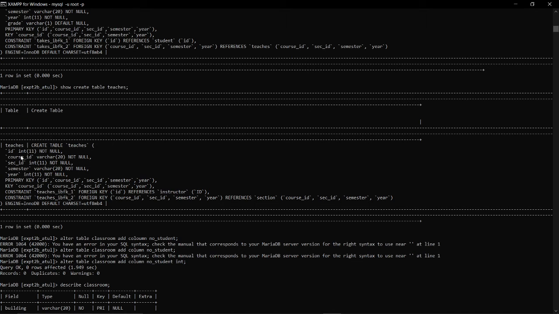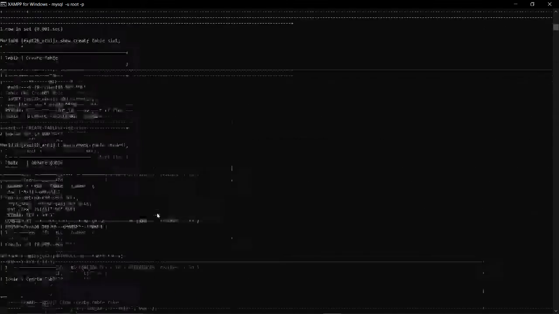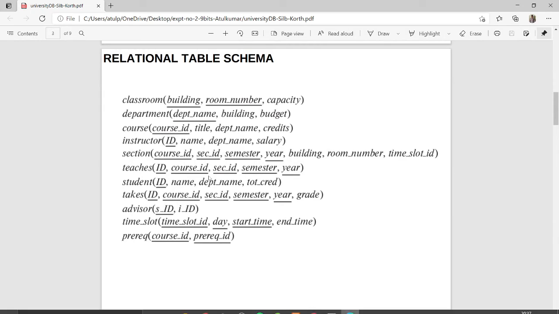We have to put the column name, then its definition, and not null or null; it depends upon the user. The primary key is defined, and then the foreign key constraint. In this relation table schema, building is a primary key and room number is a primary key. In the department table, building is a foreign key which is related to classroom using the building primary key.